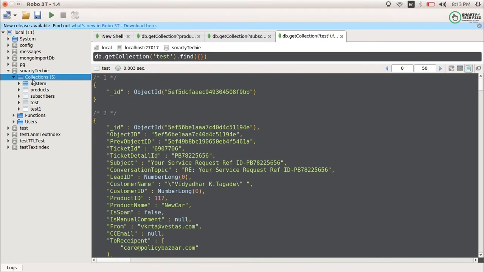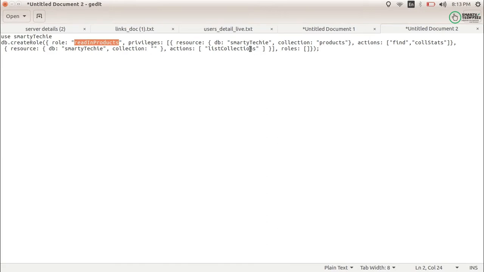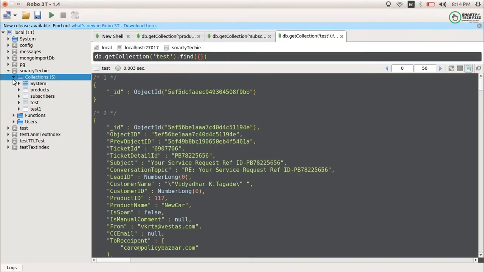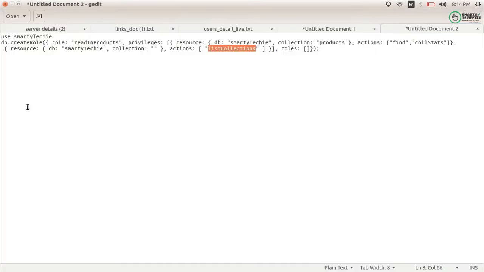Then it will be difficult for you to use it in the particular tool. So that is why I have provided the action as list collections, because after you just click on it, you will be able to see all the collections. You will only be able to see the collections. You will not be able to perform any operation until the collection name is provided here.